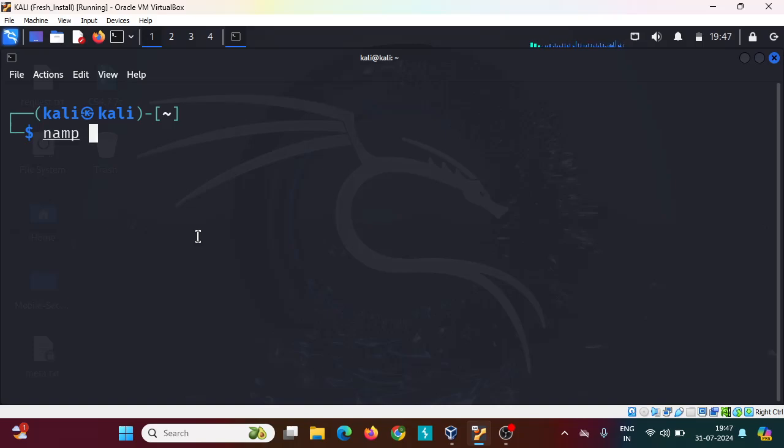Whenever we start an nmap scan, we first type nmap and a space. After that, we give the IP address or any domain which we want. Or else, first we specify the options and later give the domain or IP address. You can give the commands either way. Like first we may give hyphen sV for service versions and hyphen O for OS detection, whatever we need to scan, and after that